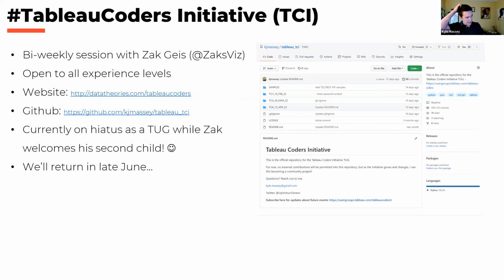So the Coders Initiative, I gave a little bit of background on what this was, but just to elaborate, we are holding bi-weekly sessions, every other Wednesday at 8 a.m. is the time we've been going with, where we've broken it into sections. We started with the REST API and went from how do I even make an API call to, in our session yesterday, we stood up a project, created groups, added users to them, put content in the project, and refreshed that content all in one go. And we're just piecing together and giving real world examples of how folks can take that and run with it in their environments.